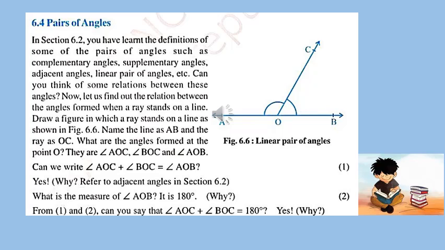And one more interesting fact, dear students: the sum of a linear pair of angles is always 180 degrees, because the angles are formed on a straight line, and we are aware of the straight angle measurement. What is the straight angle measurement? 180 degrees. Therefore, if you draw one line, two lines or three rays, you will get many angles, but as they are on the line, their sum is always 180 degrees. So for a linear pair of angles, the sum is always 180 degrees.